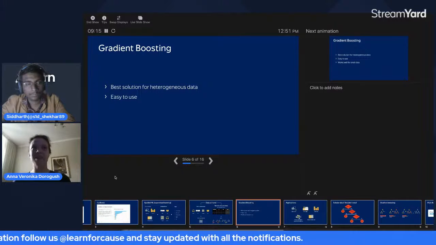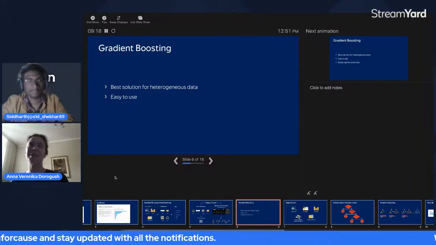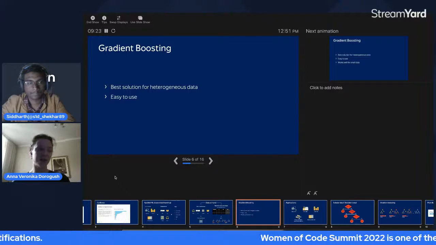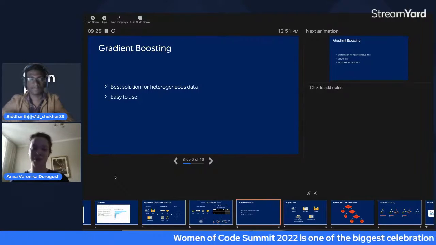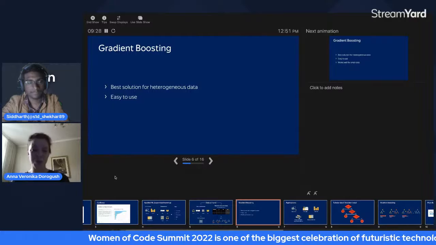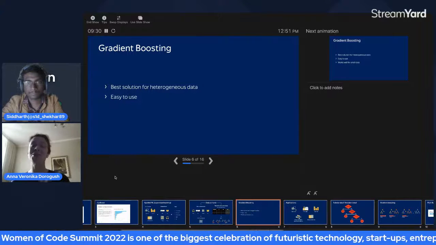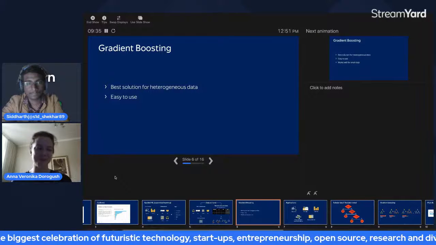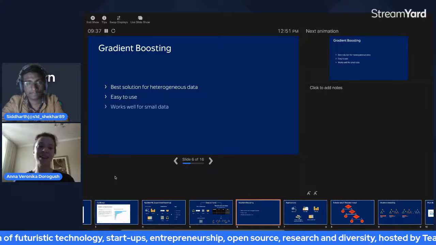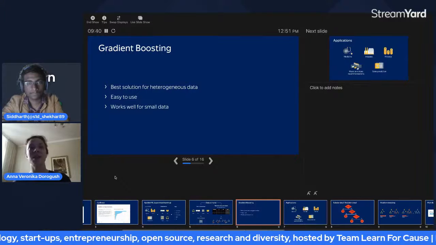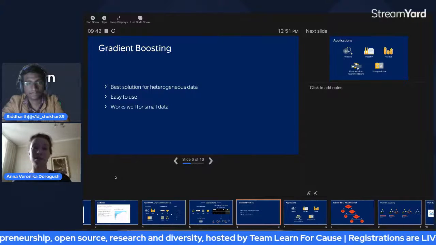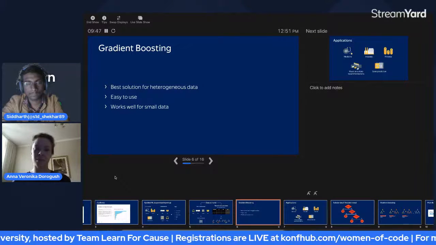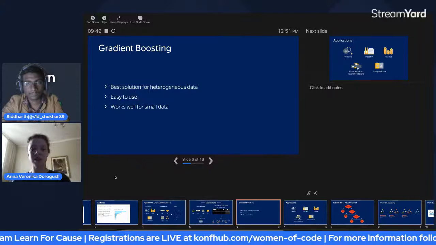And that is a little bit opposed to neural networks, because for neural networks, you really need to be an expert to use them. To get a good model, you need to know what you are doing. In gradient boosting, you don't really have to know what you are doing. It's really very easy. It's just a call of one function, more or less. And the third thing about gradient boosting is that it works super good even if you have small amounts of data. So you do not have to have the huge amounts of data that you need to have for neural networks.